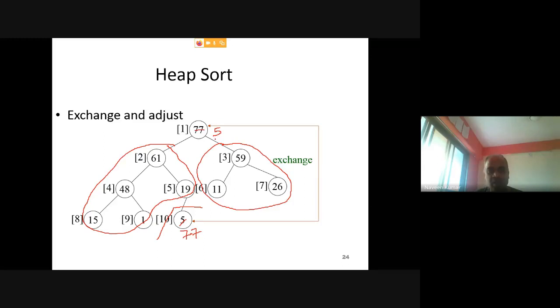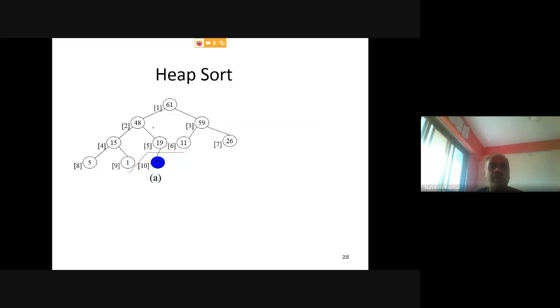So you need to compare this 5 with its children. There is an algorithm, and you can call that algorithm. Using that algorithm, this 5 will be shifted somewhere or go to its correct place. Then it becomes a max heap again. So this whole tree now becomes a max heap, assuming 77 is not part of your max heap now. This is what you are actually trying to do: you have cut off 77 from this max heap and finally create this whole remaining tree as a max heap.